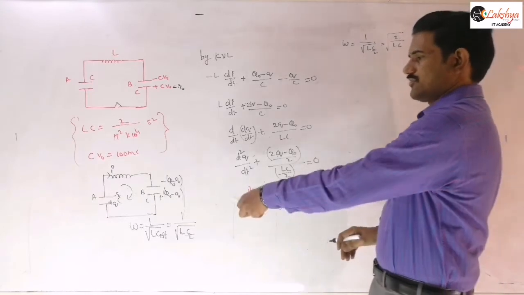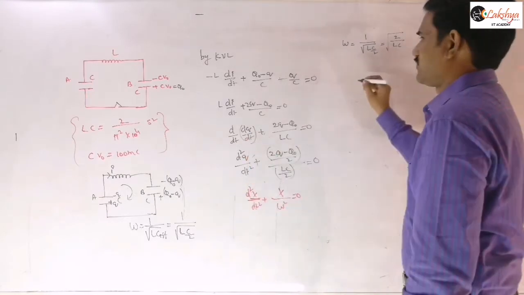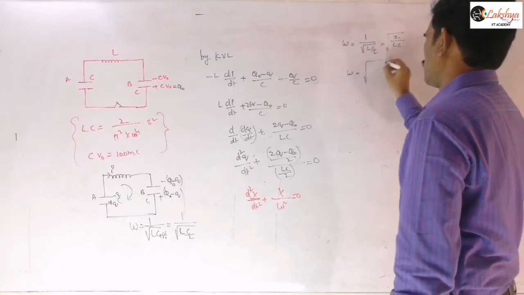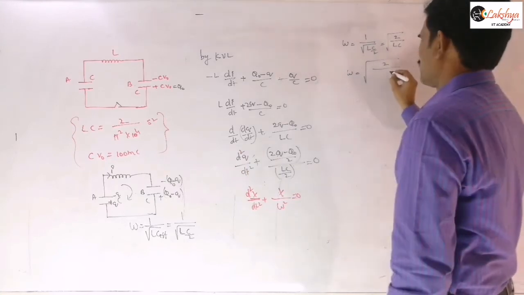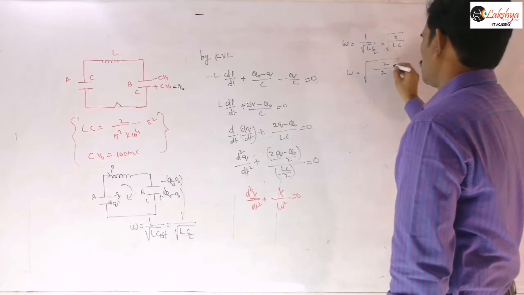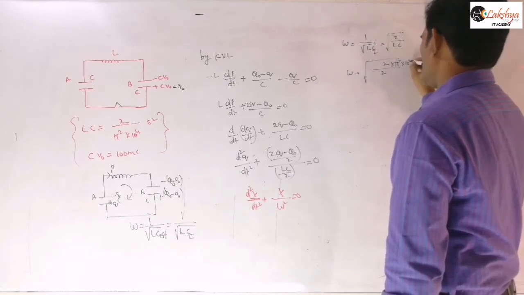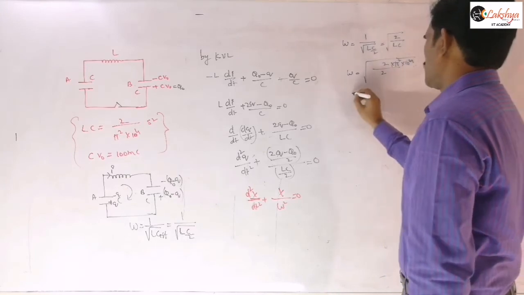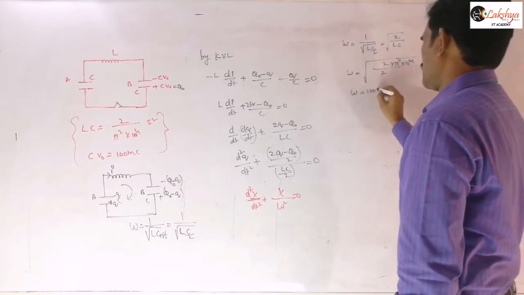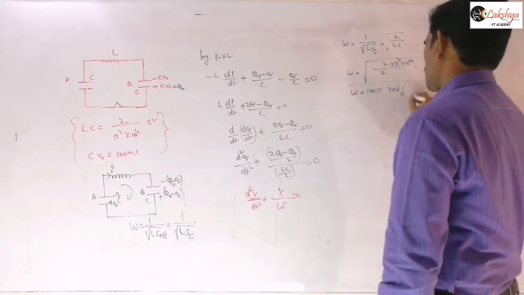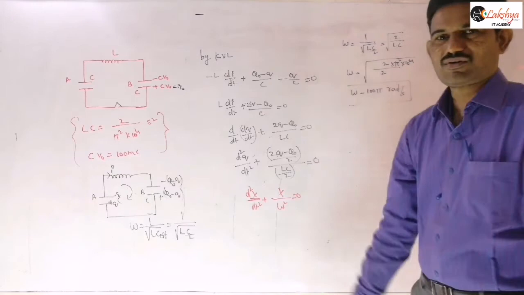And that value is given for us. If you want, you can substitute it there. So I can write omega as under root of 2 by LC, where the value is given. So 2 into pi square into 10 power 4 in the numerator, and I can write this omega value finally as 100 pi radians per second. So that is our omega value according to the given data.